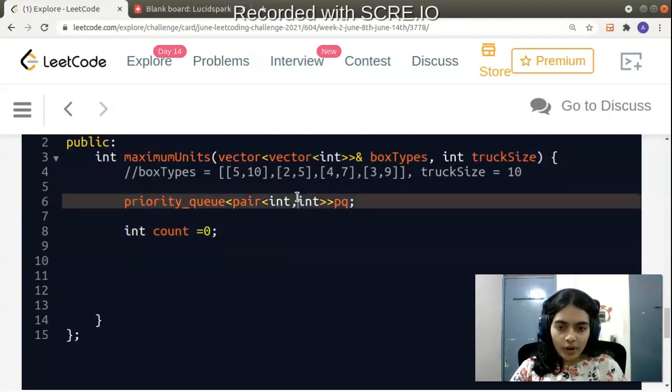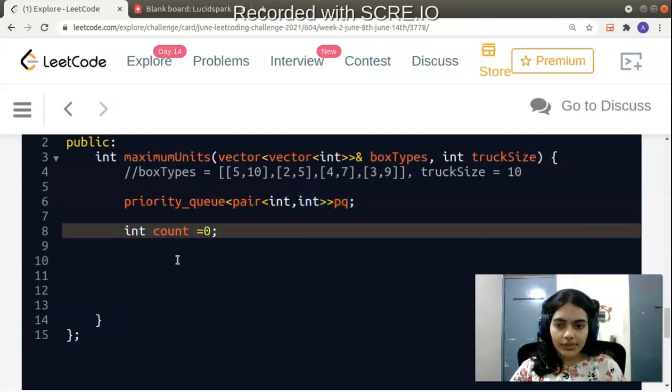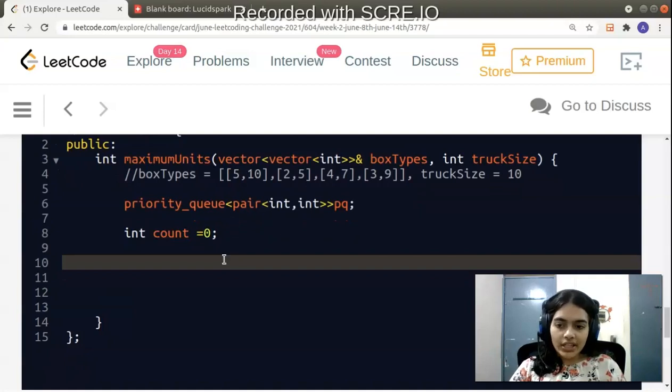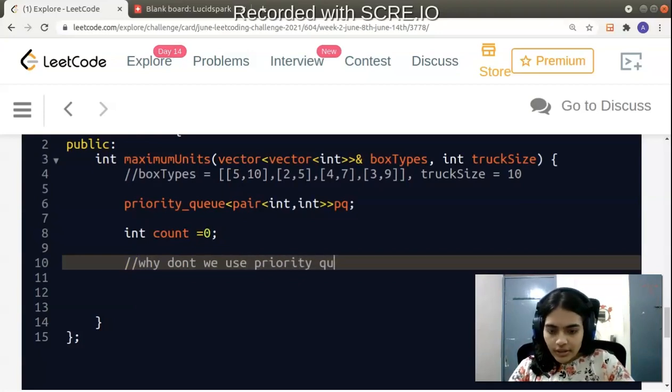If we have to sort by the second parameter, we will have to declare a structure type and pass a comparator. So instead of doing that, why don't we use the priority queue's default way of sorting? The priority queue is going to sort by default.